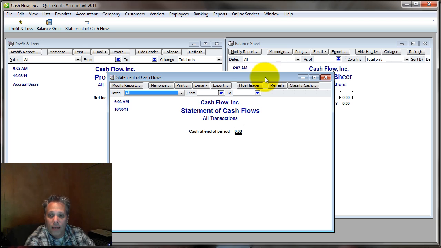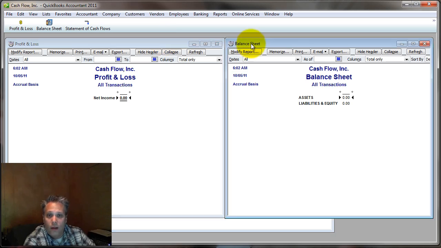So let's record a transaction. Let's record an invoice to show some income. And this is why it's so important to understand the relationships between all these statements. You have to understand when I record an invoice, and we're doing this on an accrual basis, because no matter how you pay taxes, your business functions on an accrual basis. You're posting invoices and receiving payments on them later. You're entering bills and making payments on them later.